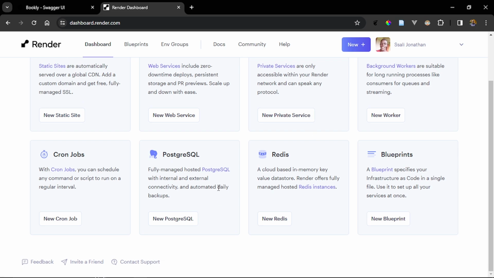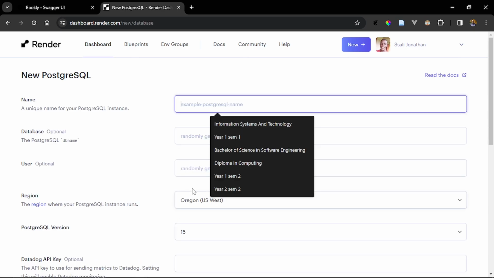We also provide free PostgreSQL. Now, what we shall need in this case is going to be a PostgreSQL database. I'm just going to go ahead and create that. So I'll click on new PostgreSQL database,